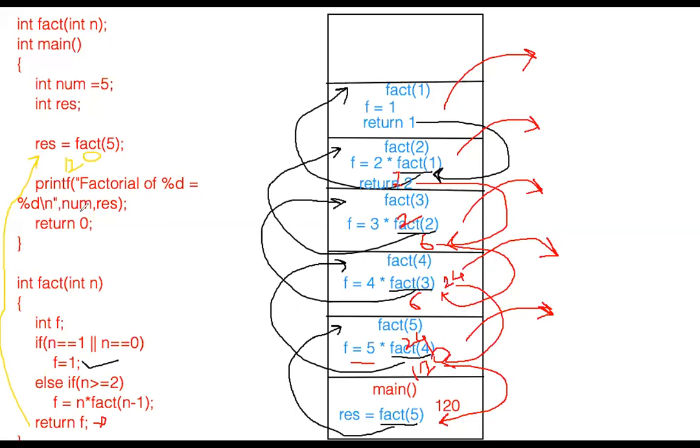Yes, sir. So the main function will not pop? Only it will just return? No, the main function will pop when there is a return 0. So when the main function has executed return 0, it gets popped, and your stack is empty. When the stack is empty, you can say that my program is over, my application is no more executing.